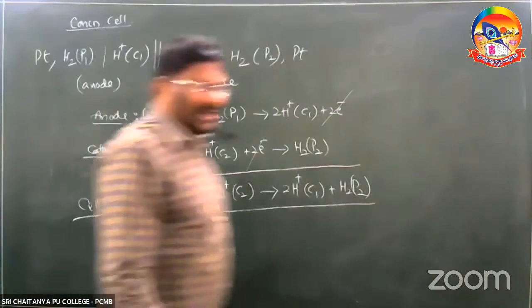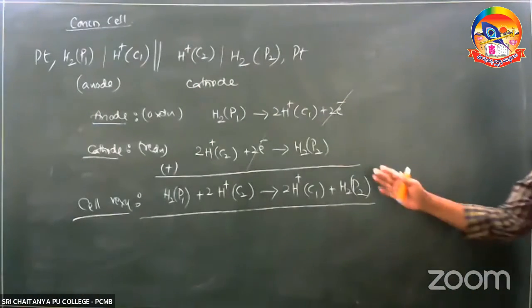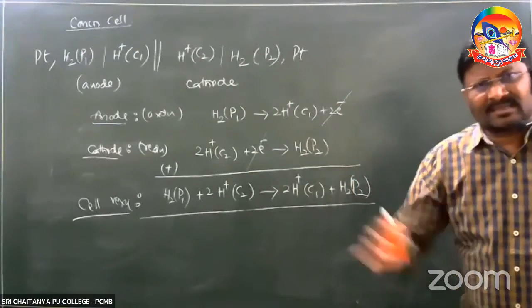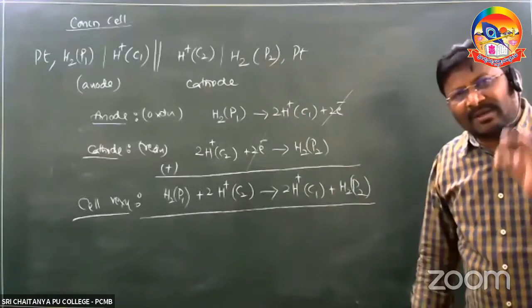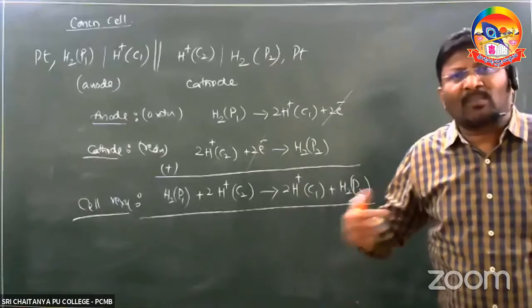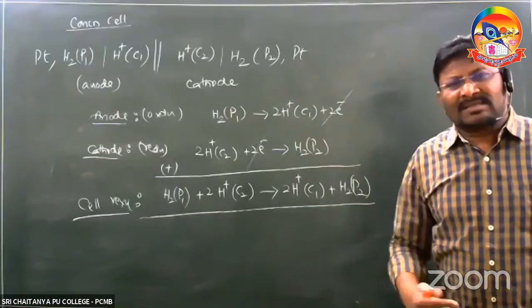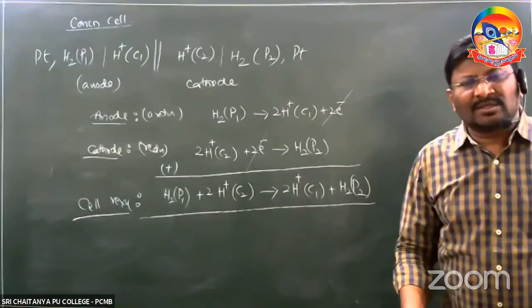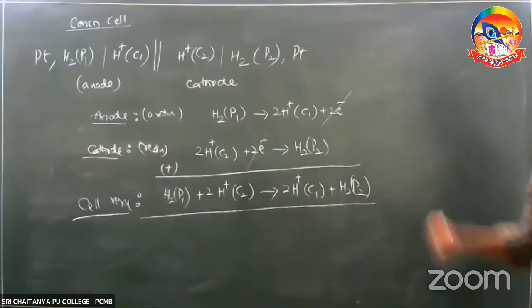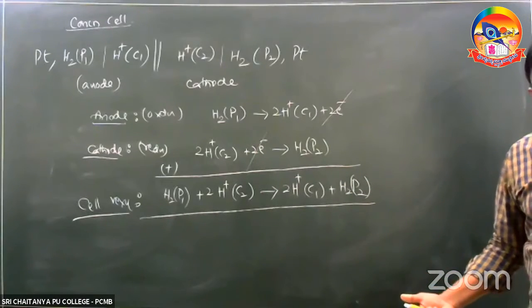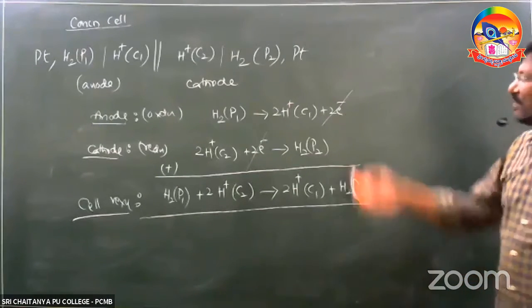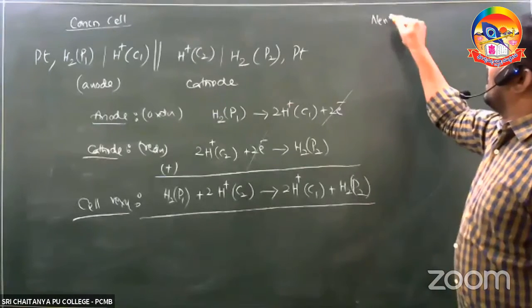See, in these classes, whatever I discussed daily, that only has been written elaborately. Please see, we are just applying it. Understand? We have to take the single electrode potentials; this is the way. Now the cell reaction is obtained. Therefore, we have to write down the Nernst equation for this.